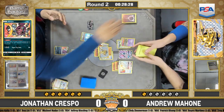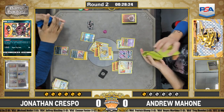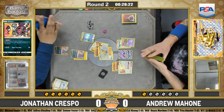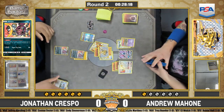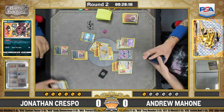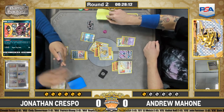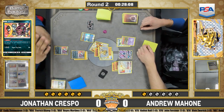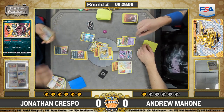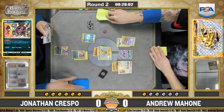That's about it. Crespo's just really trying to hit these Enhanced Hammers, get rid of these 2 energy. You can hit Double Puzzle maybe, 2 Enhanced Hammers. He needs to get rid of these strong energies now. If I'm not mistaken, there's 1 strong and 2 fighting in the discard pile for Mahone, totaling 5 out of his 9 fighting between board and discard pile, and 3 out of his 4 strong between board and discard pile. Ooh, he hit double Enhanced Hammer off the end. Wow! That's pretty... it saves him a turn, because of course...